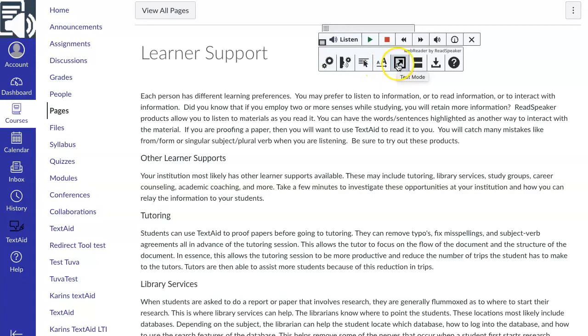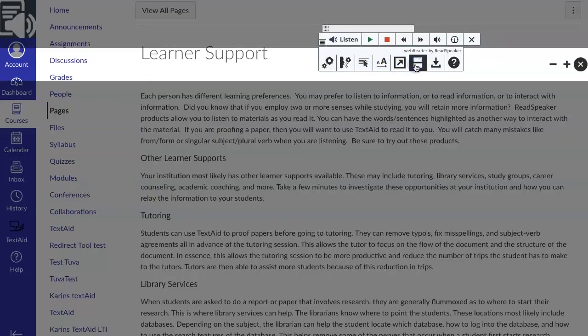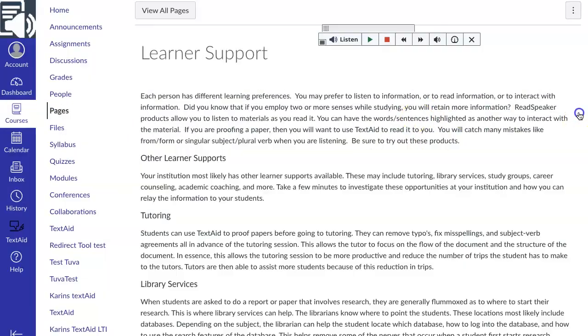Again, here's the text mode button. Using a page mask. Anything that we can do that breaks that same way they have been looking at the screen helps to reduce the screen fatigue and burnout that our students are experiencing. And in this day and age, there's a lot of burnout going on.